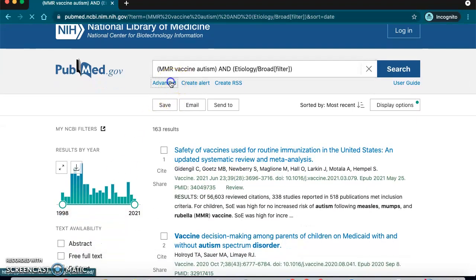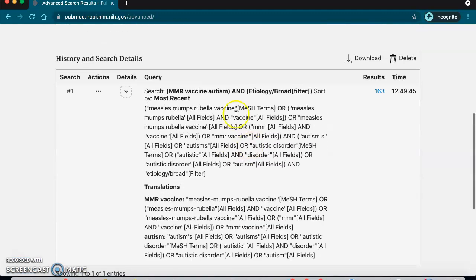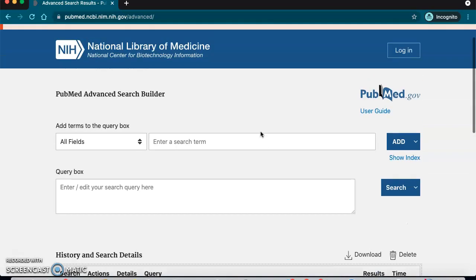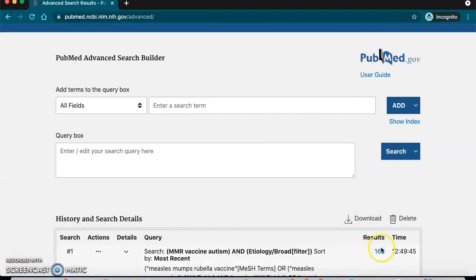Of course, since this is PubMed, I have to go to advanced and check if they were mapped to the right meshes. So MMR was mapped to its right mesh, which is the mumps, measles, rubella vaccine, and autistic disorder was mapped to the right mesh. And in PubMed, it gets automatically ordered with the keyword search. So for now, I won't change this. I will go to the results,